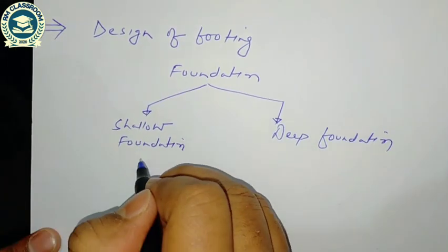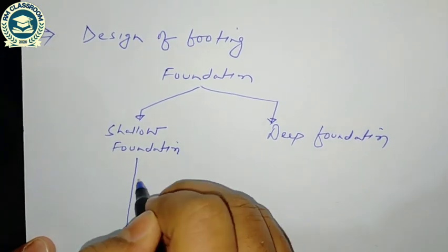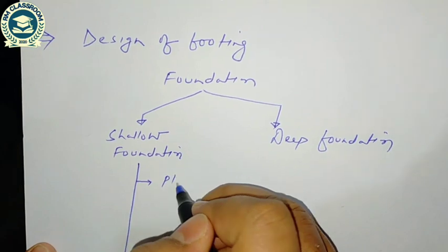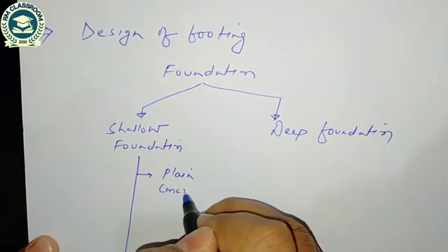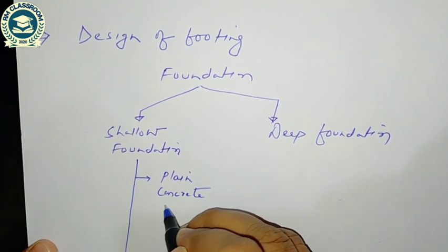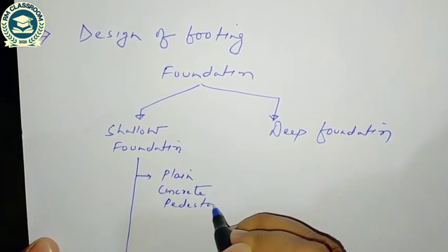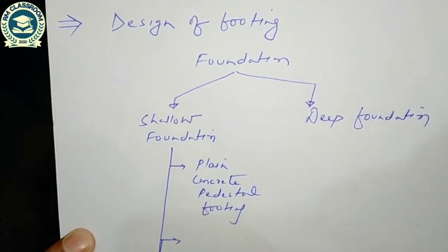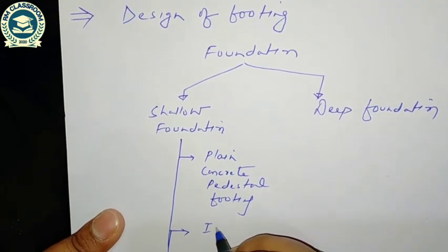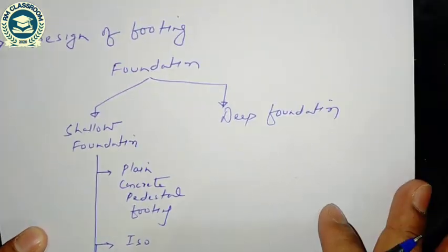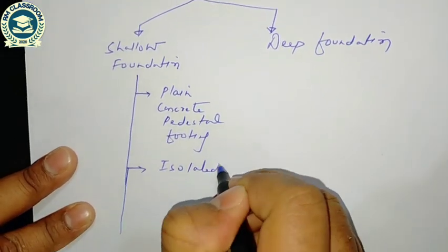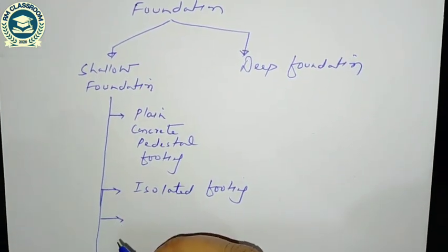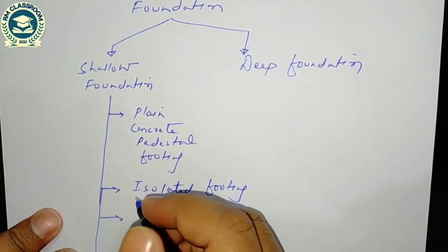In shallow foundation there are various types of footing: plain concrete pedestal footing, second one is isolated footing, third one is combined footing,